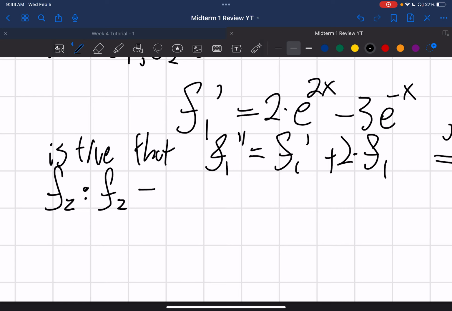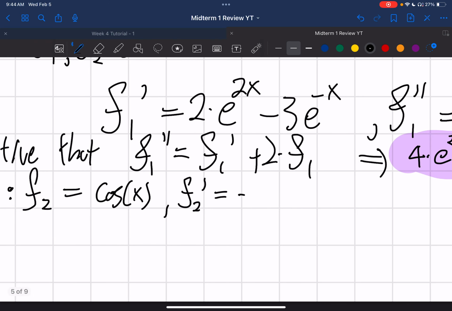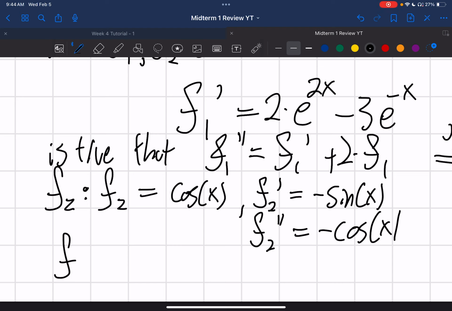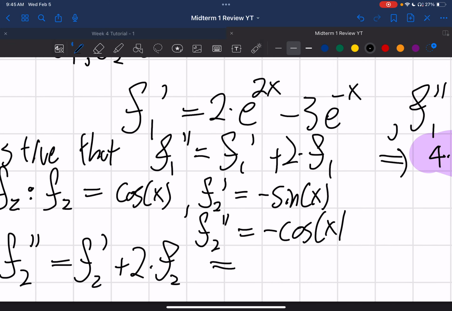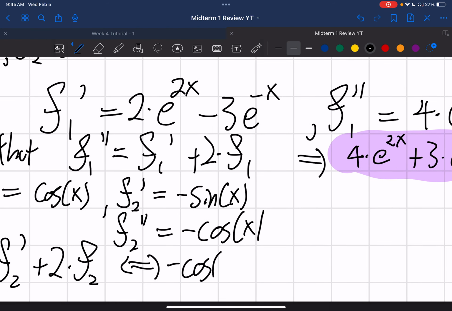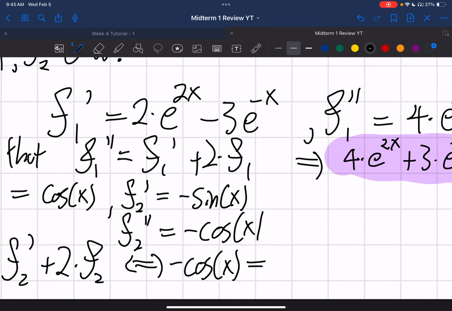So f2 is equal to cos of x. Its first derivative will simply be minus sine of x, and its second derivative will be minus cos of x. Now, does this abide by our rule? Our rule is f2 double prime is equal to f2 prime plus 2 times f2, which is equivalent to, simply, by substitution, minus cos of x should be equal to,